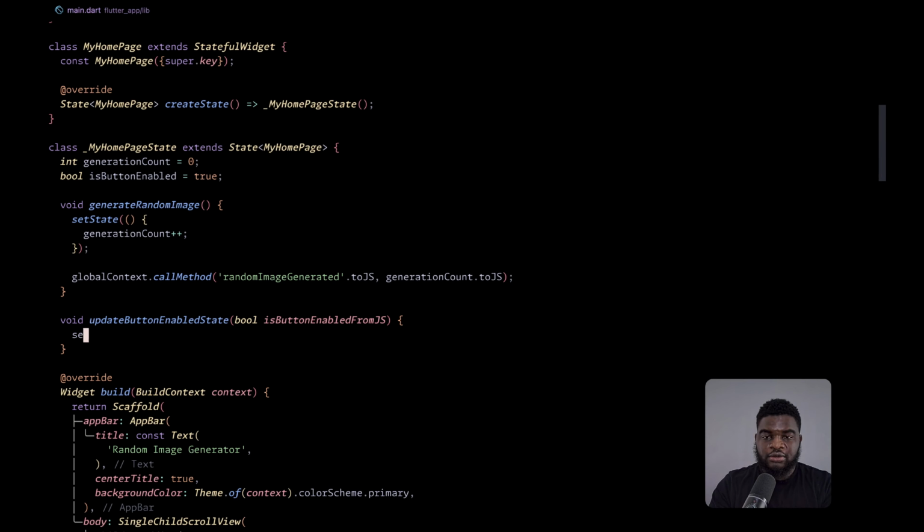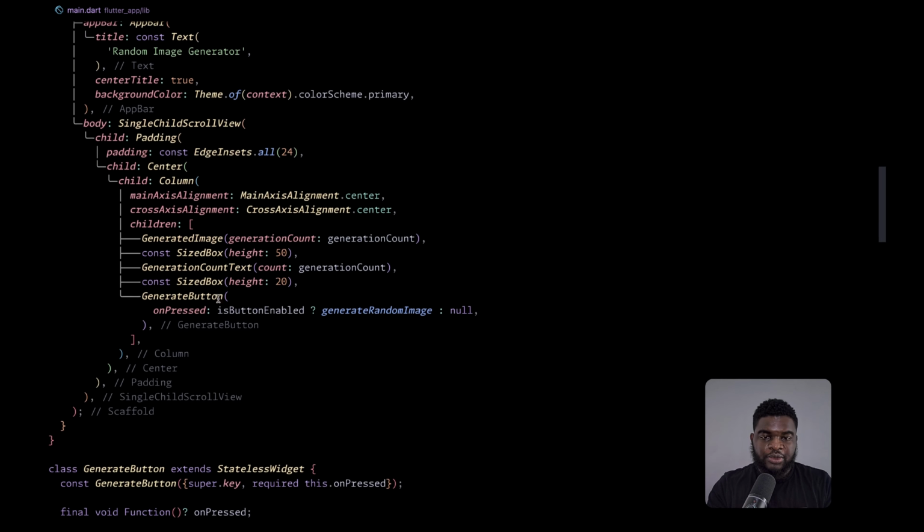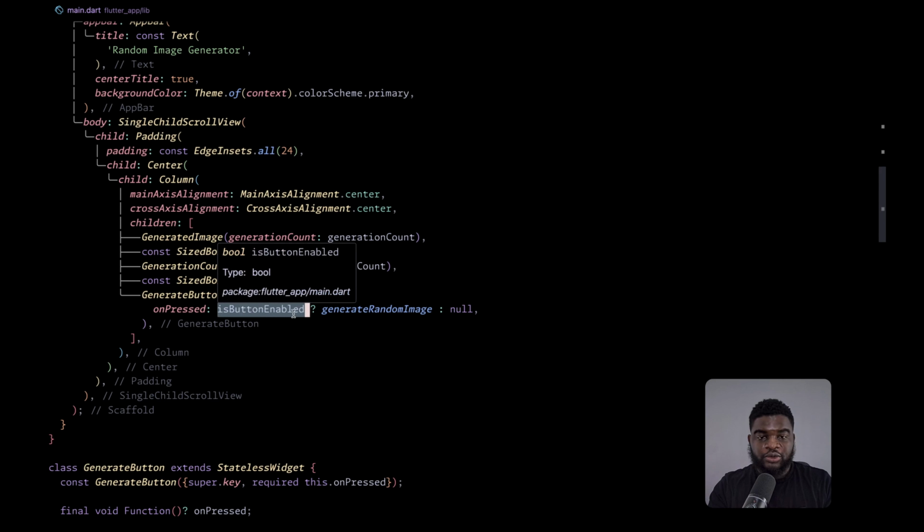So once this is called from JavaScript, we modify it. Is button enabled equals is button enabled from JS. Now this function will modify the button to no longer be enabled, because if is button enabled is true, we can call the function, and if it's not true, we just pass null in place of the function.